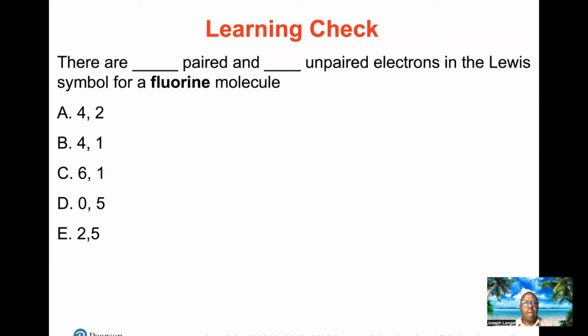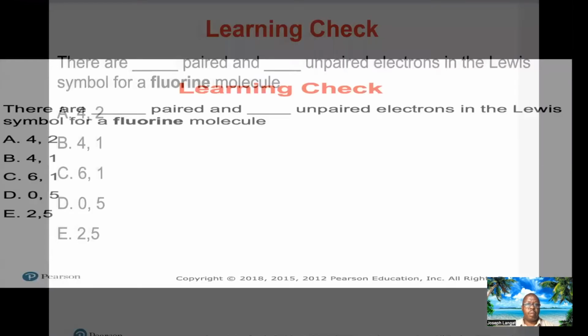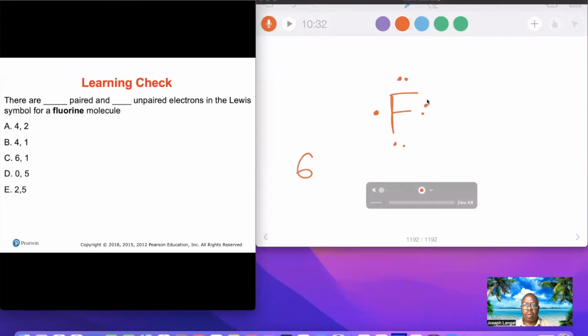There are dash paired and dash unpaired electrons in the Lewis symbol for fluorine. We just did that. All you have to do is draw the dot symbol for fluorine. 1, 2, 3, 4, 5, 6, 7. So there are 6 paired electrons. This is what I was drawing, going around. 6 paired